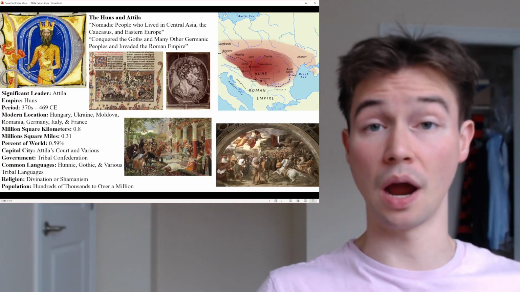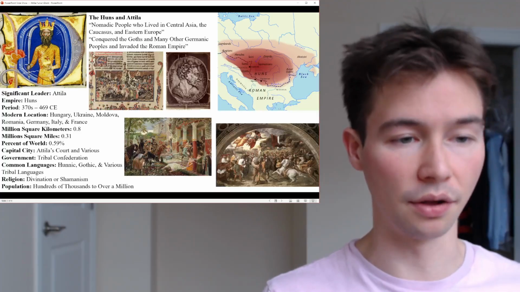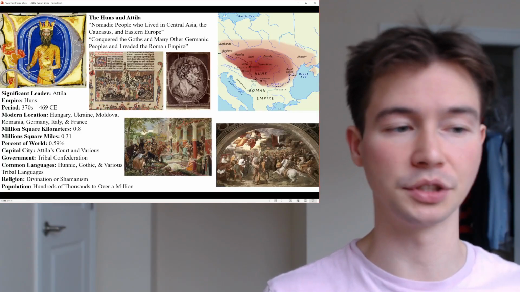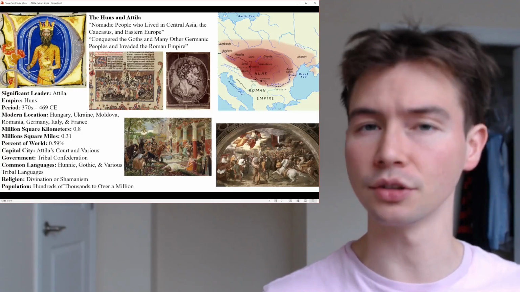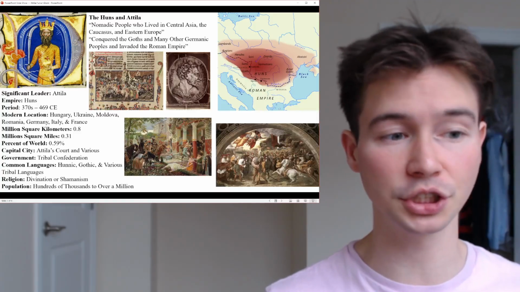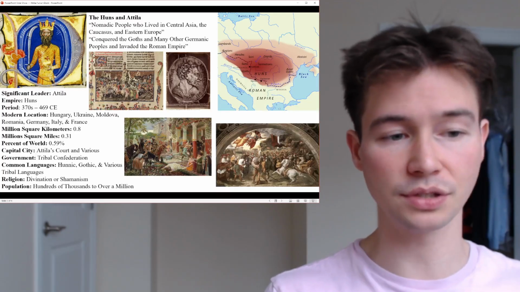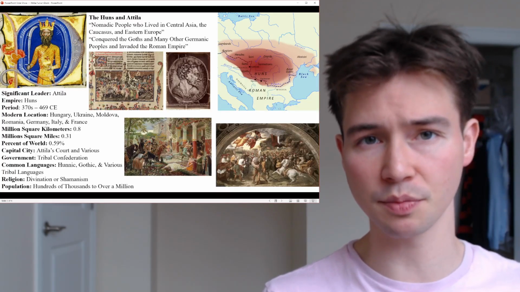The government was a tribal confederation. Common languages included Hunnic, Gothic, and various other tribal languages. There's little known about the religion of the Huns, but likely some sort of divination or likely shamanism as well. Population was in the hundreds of thousands to over 1 million, so a little bit smaller in terms of population,